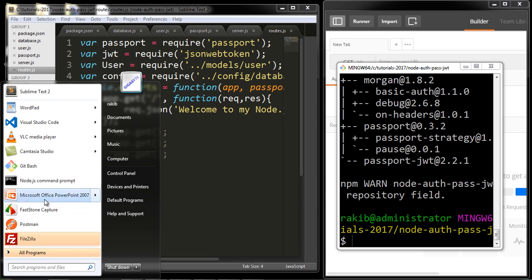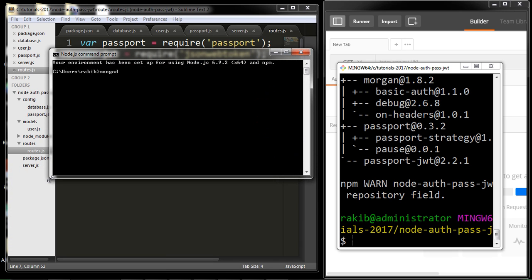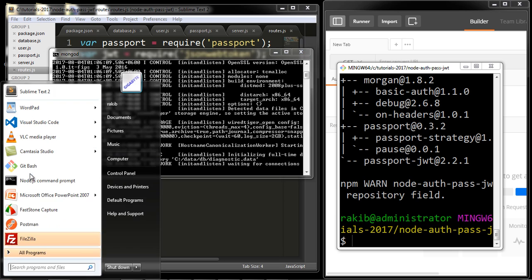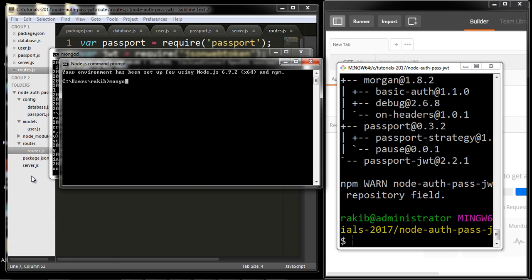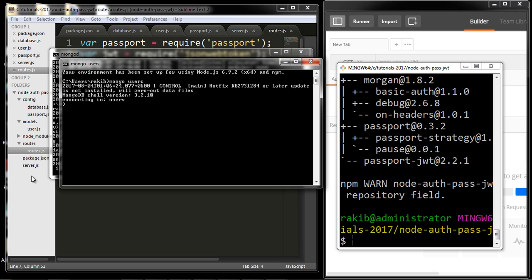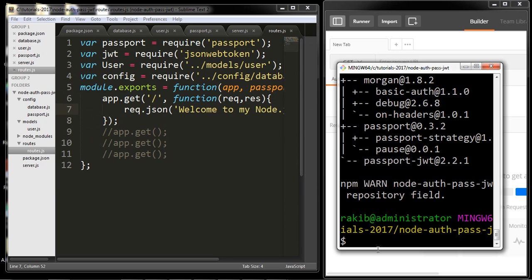also I need to start my MongoDB server, mongod, and in another shell I am going to mongo users. I had previously saved a users database, so I'm going to delete it: db.dropDatabase() and show dbs, and here I don't have any user file. Okay, and here I'm going to start my server, nodemon server.js,